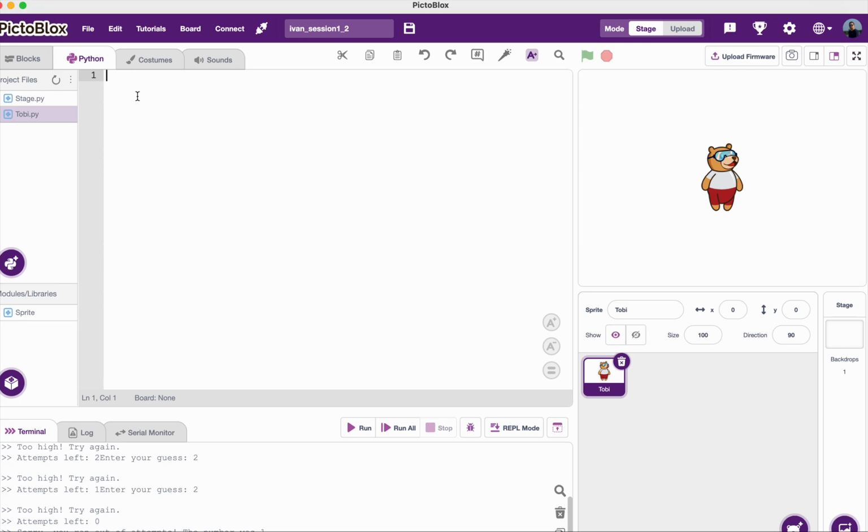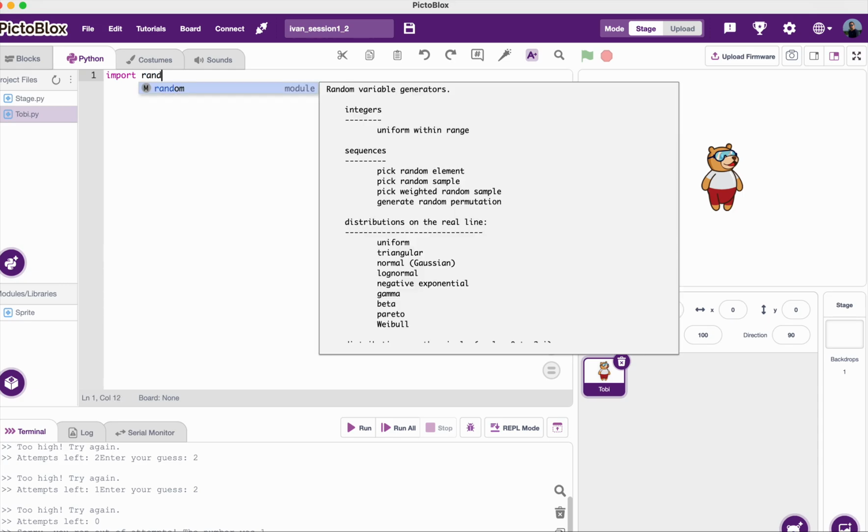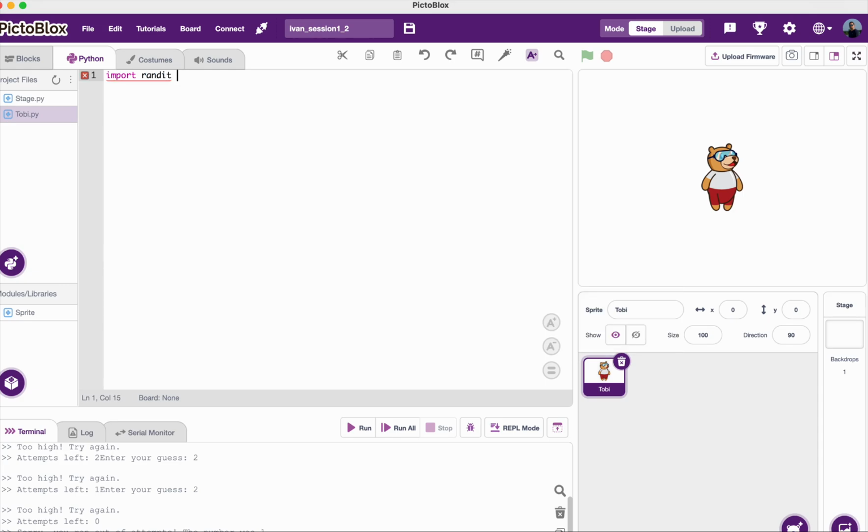We'll also use one external function from a module. So we import the function called randint from the module called random,